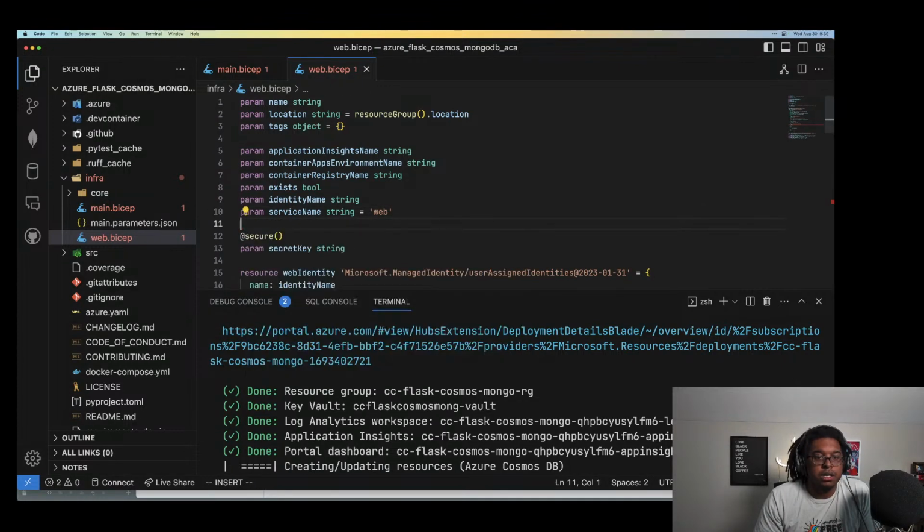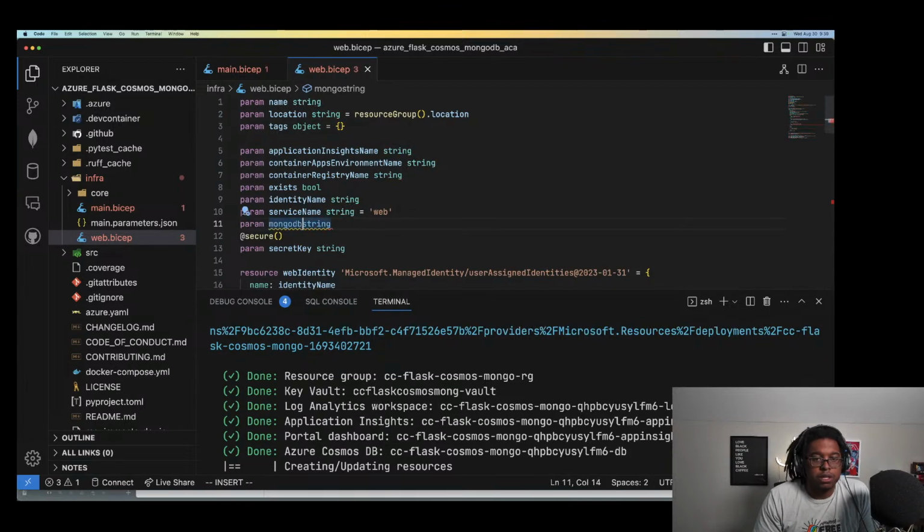We don't need secret key string. We need MongoDB connection string is equal to